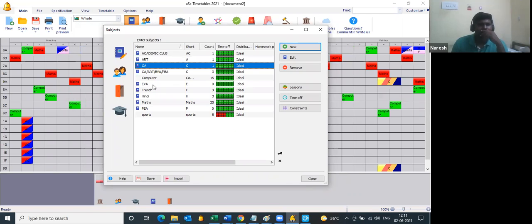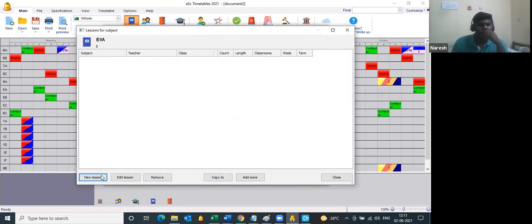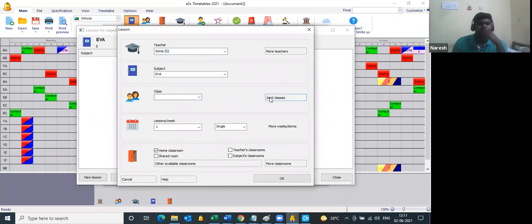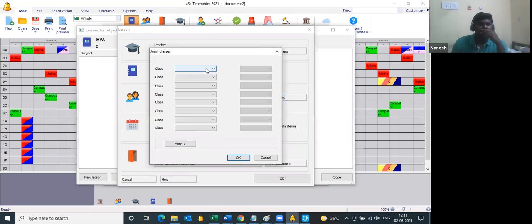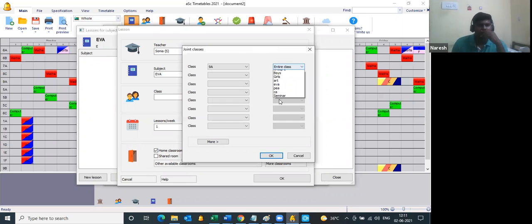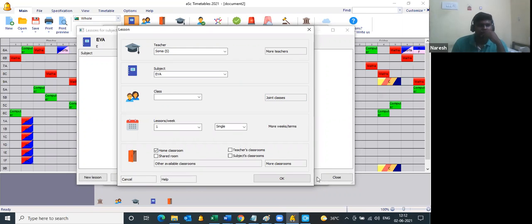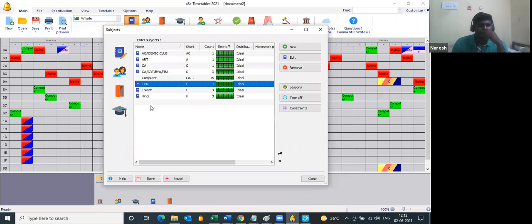And then for EVA, this grouping you have to do manually because you need to allocate. This is for EVA. So EVA is done, and last PEA.